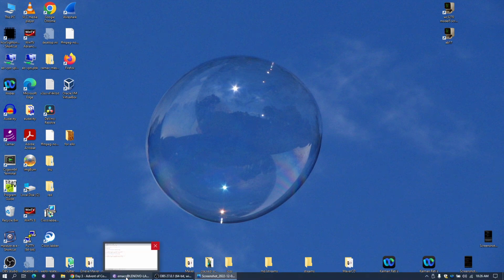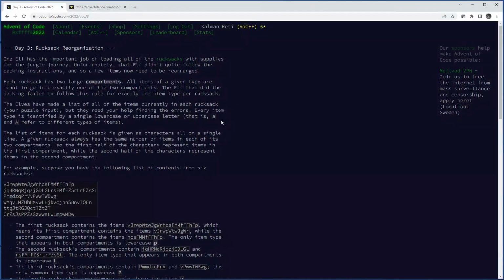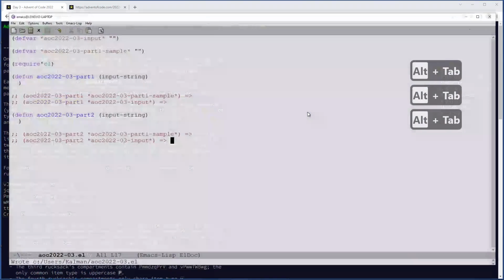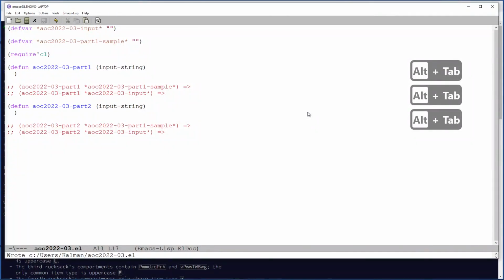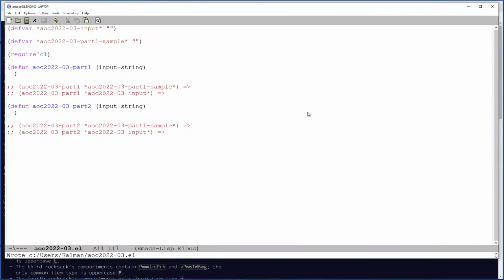So the first thing we need to do is go to the Advent of Code problem. I have already downloaded my input, which is the second tab here. And I've also already started the file, which is going to hold the solution. On my Android tablet, I have an Emacs Lisp function where you specify the year and the day number, and it basically fills in more stuff than this, but this is only